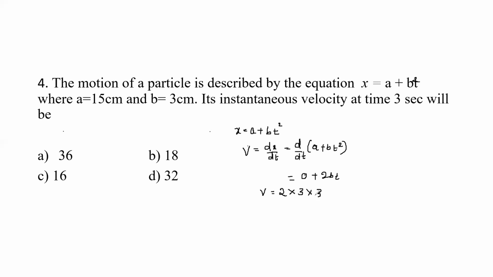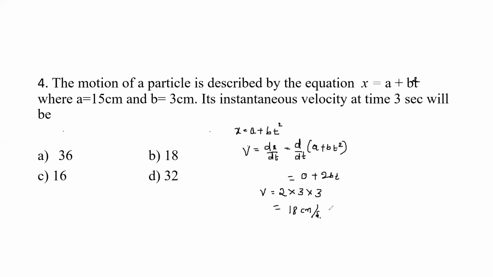T value is how much? It is also 3. That is equal to 3 into 3, which is 9. 9 into 2 is 18. So the answer is that instantaneous velocity is given by 18 centimeter per second, as the options are B. Option B is the